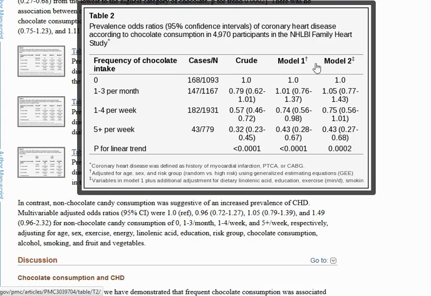But when we look at Model 1 and Model 2, what do they indicate? Model 1 is adjusted for age, sex, and risk group, which are confounders, whilst Model 2 is variables in Model 1, all these three, plus adjustment for dietary linoleic acid, education, exercise, and smoking. This is an important step that you will often find in case-control studies because researchers have to adjust for confounders in order to estimate the